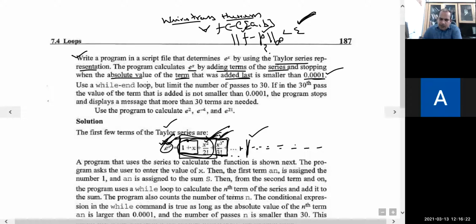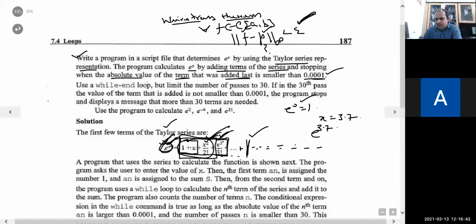Suppose the value of e to the power x at some point, say at 0, e to the power 0 is 1. Now suppose I want to compute the value at, say, x equal to 3.7, e to the power 3.7.